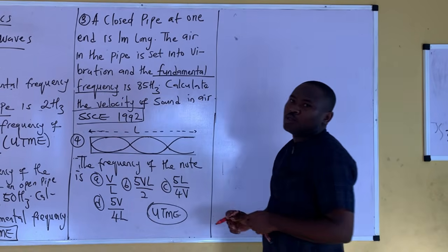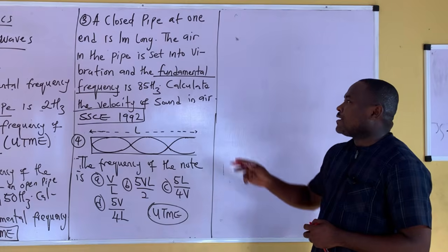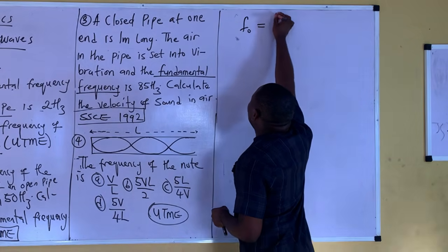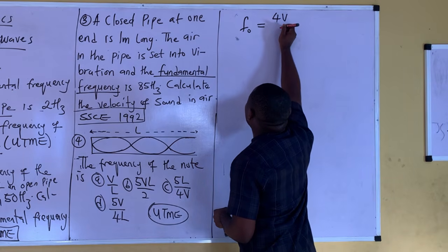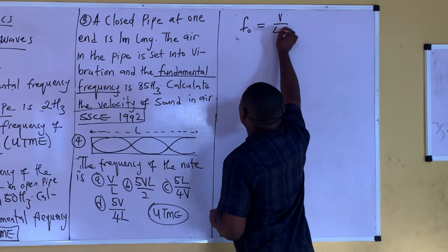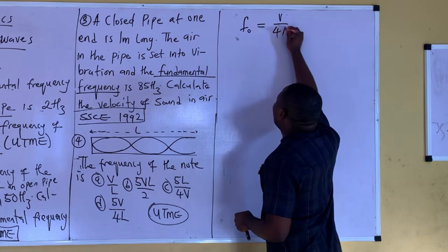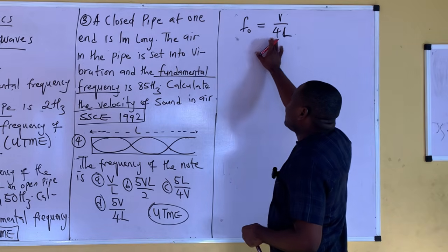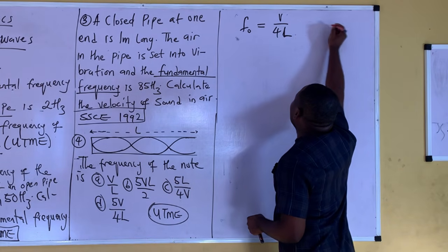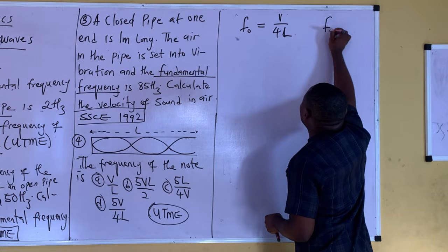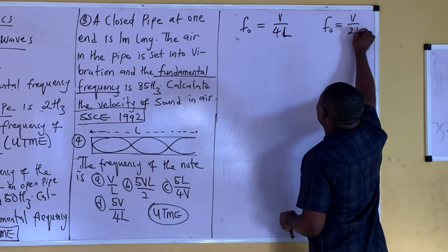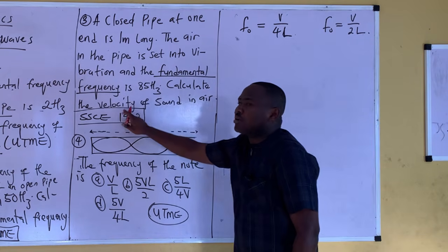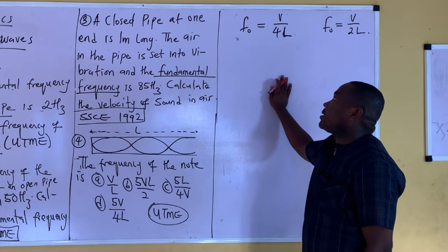Now the question is, what is the fundamental frequency for a closed pipe? Remember, the fundamental frequency of a closed pipe is V over 4L. I did that in our last video. But for an open pipe, the fundamental frequency is V over 2L. So if this is our fundamental frequency, we are asked to calculate the velocity of sound in air,